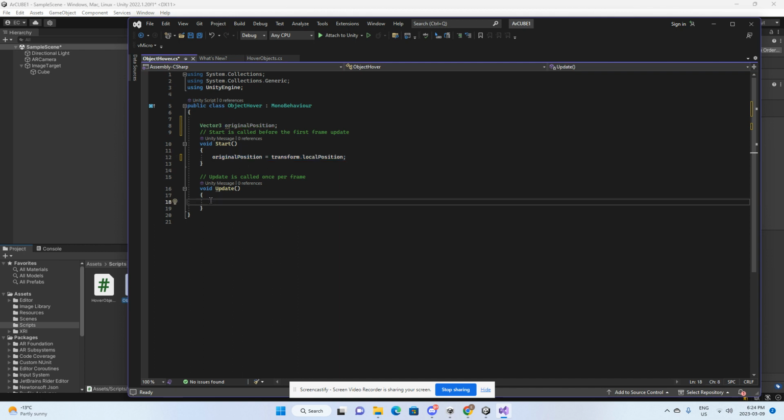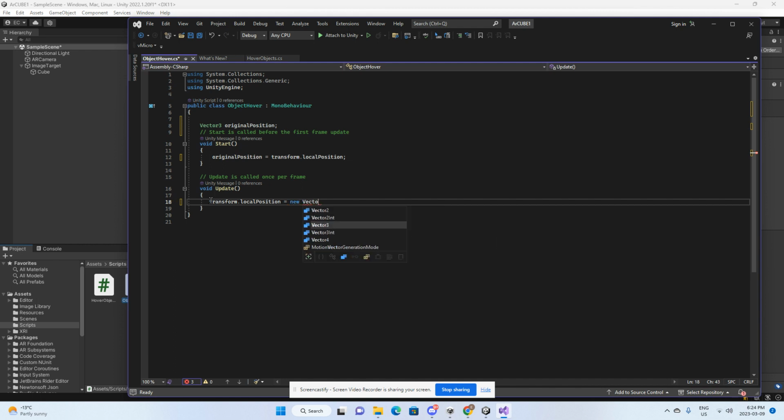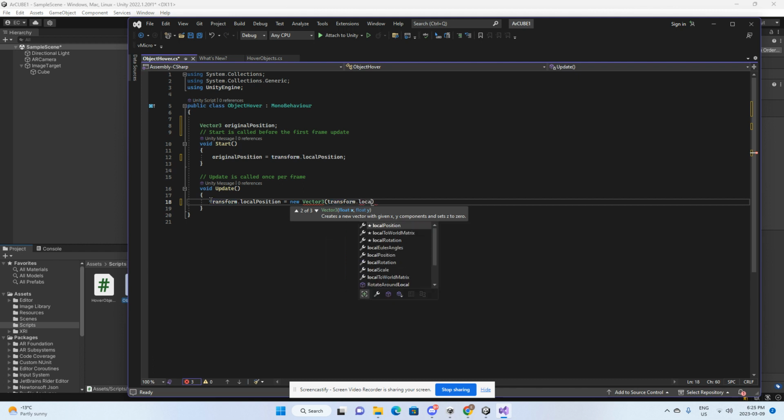So since it's an object, it can just automatically call to the X, Y, and Z, and that's the local position. And we're going to take that inside of the update. You're going to want to now transform. We're going to transform that given local position, and it's going to equal this new transform local position that we created is going to come from a new vector3. So every time that vector3 is called to, it's going to give it a new vector3. That new vector3 is going to be again transform dot local position,